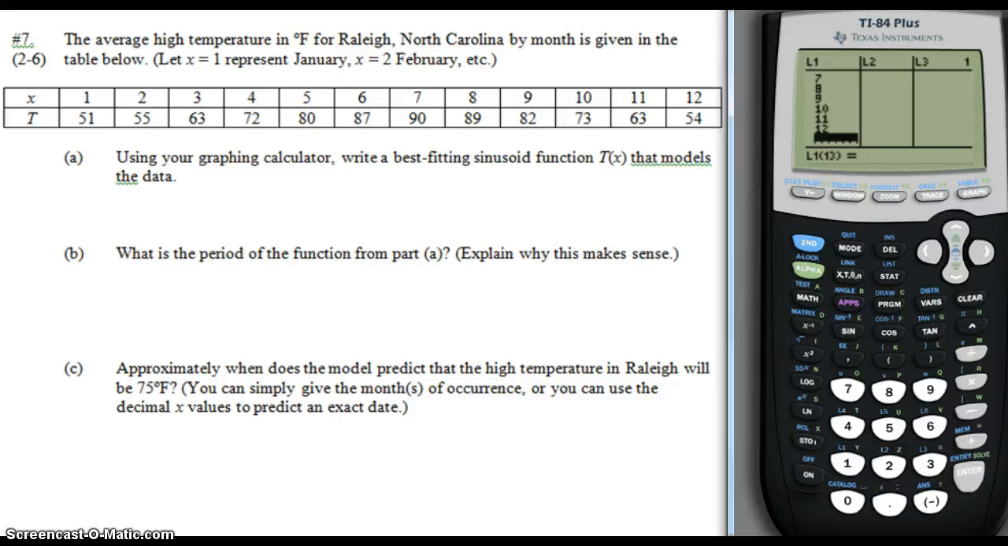I've got all of my X data in L1, where I want to store my X data. I'm going to use the right key to go over to L2. That's where I want to store my Y data, in this case, temperature data. So I'll put in the temperatures that go with the months. There's 51, we've got 55, 63 goes with March, 72 goes with April, 80 goes with May, 87 goes with June,